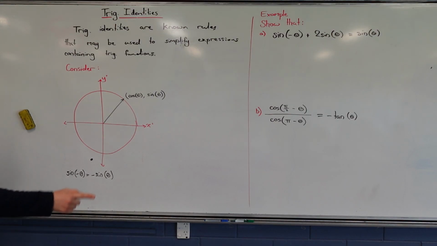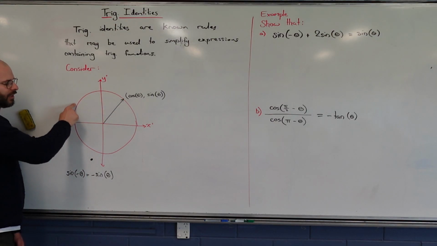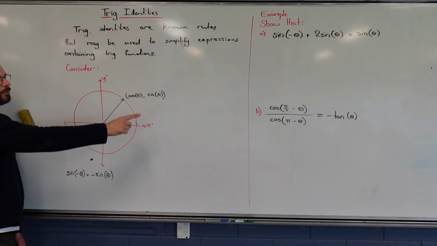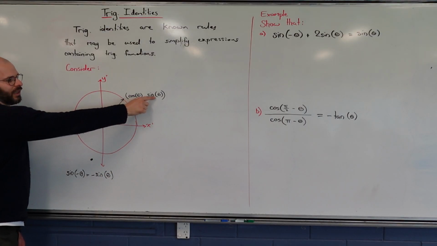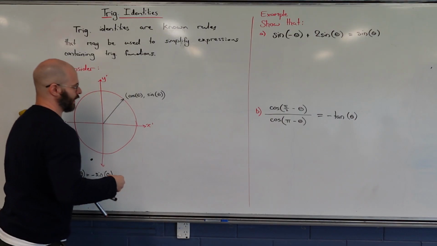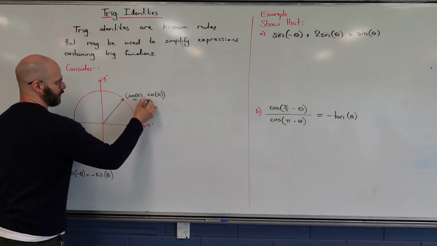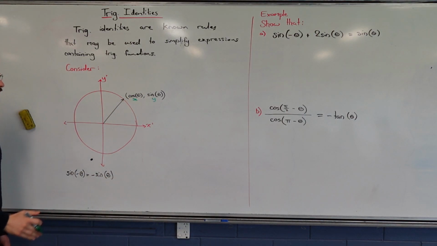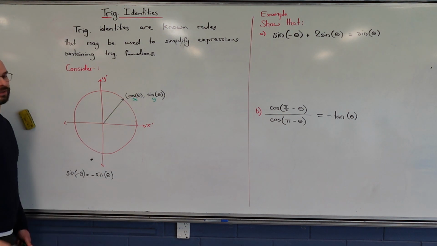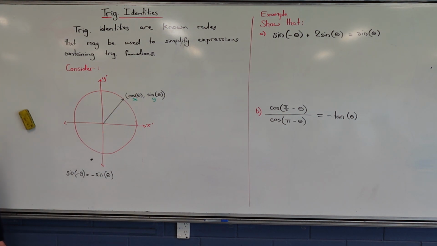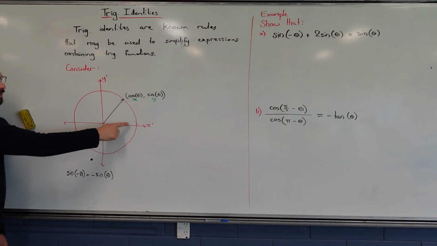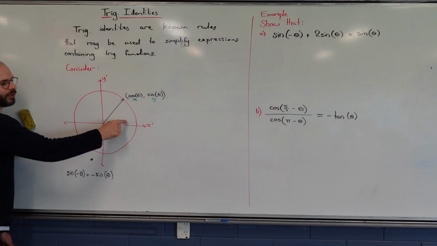Now, if you have a look, any position along the outside of the unit circle can be described as being cos theta, sine theta, where this represents our x coordinate, this represents our y coordinate. Ignore the x coordinate for now. When we're observing the unit circle, as theta increases from 0 to pi, the sine or the y value is